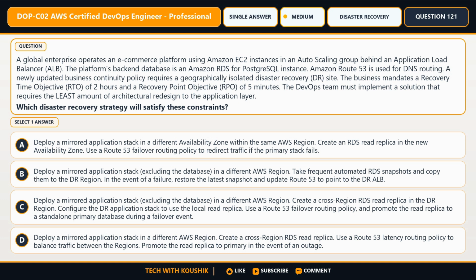In the event of a failure, restore the latest snapshot and update Route 53 to point to the disaster recovery ALB. Option C. Deploy a mirrored application stack, excluding the database, in a different AWS region. Create a cross-region RDS read replica in the disaster recovery region. Configure the disaster recovery application stack to use the local read replica. Use a Route 53 failover routing policy and promote the read replica to a standalone primary database during a failover